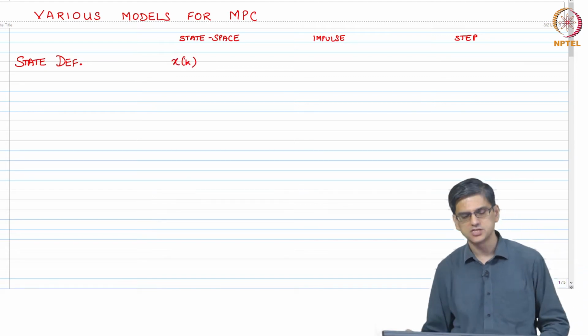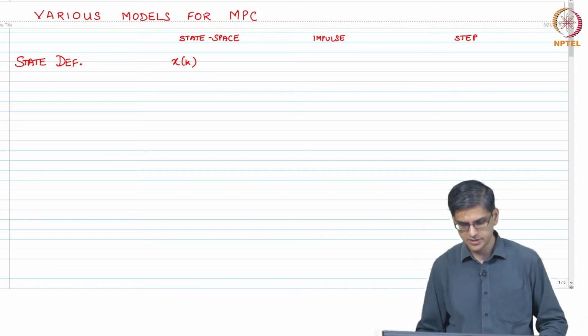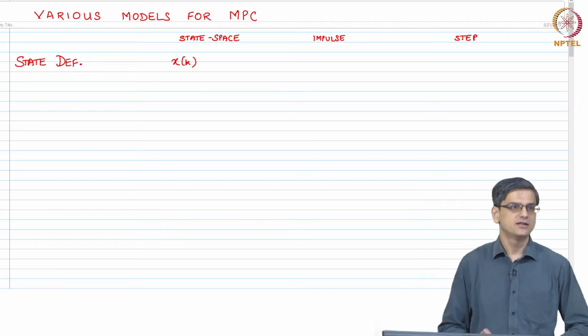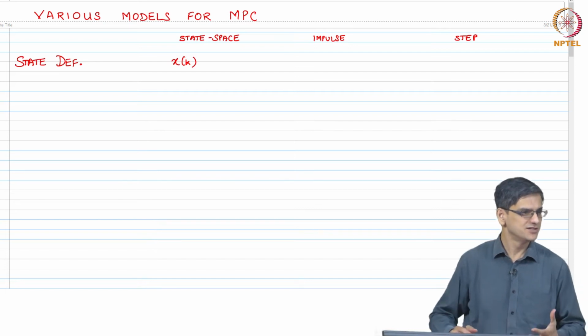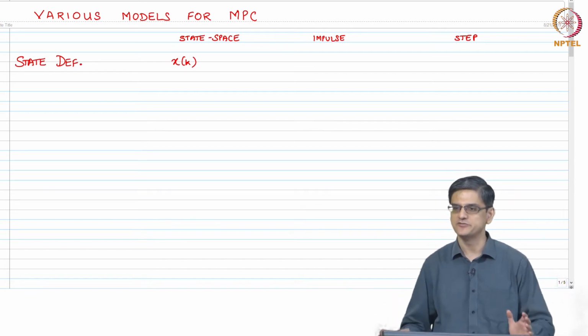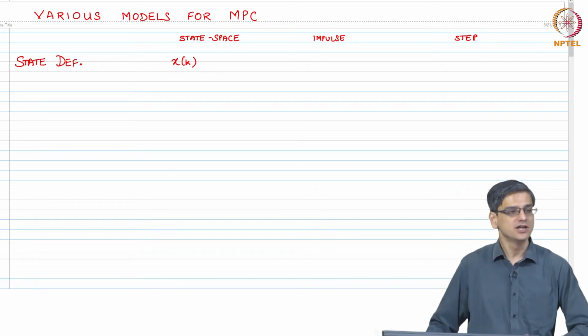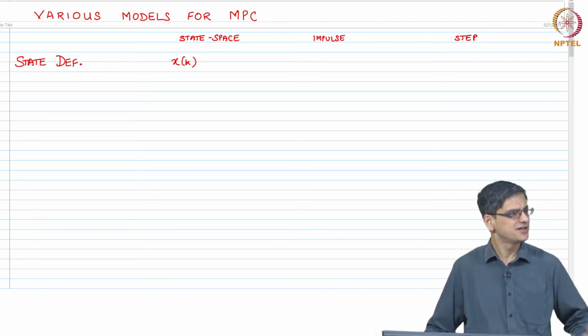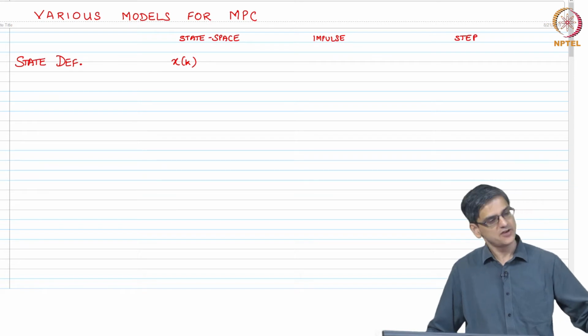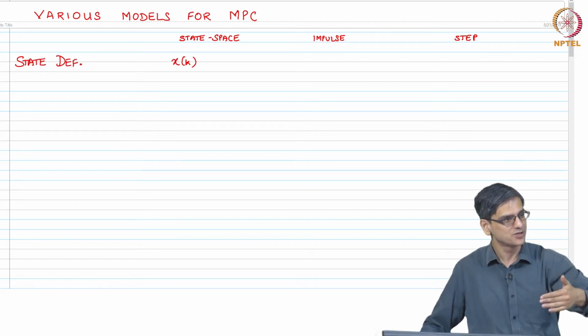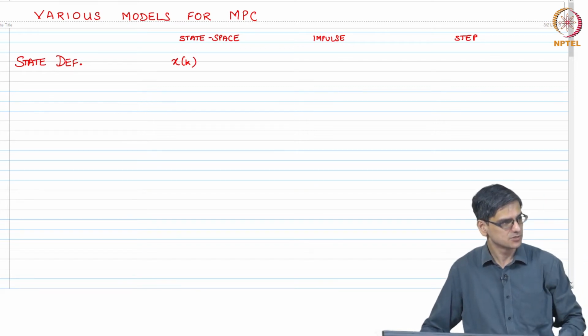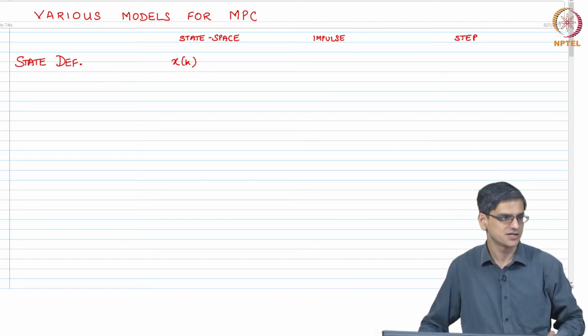The state definition for the state space model is just xk. For impulse response models, let me re-emphasize, this is just a choice that we are making. In fact, if you are interested, you can rederive the impulse response models if the definition of states was y0k, y1k, y2k up to yk minus n plus 1. How will your model change? You can try that as an exercise as well.